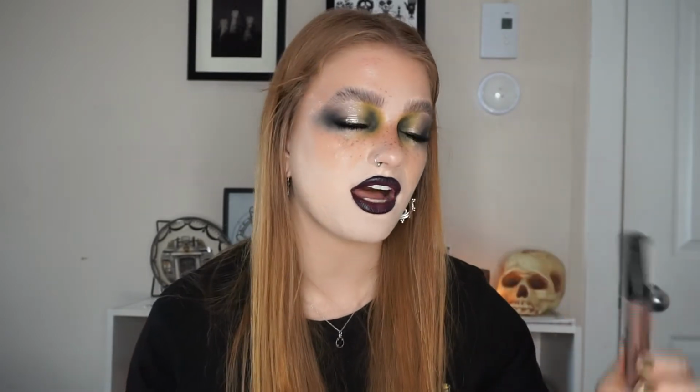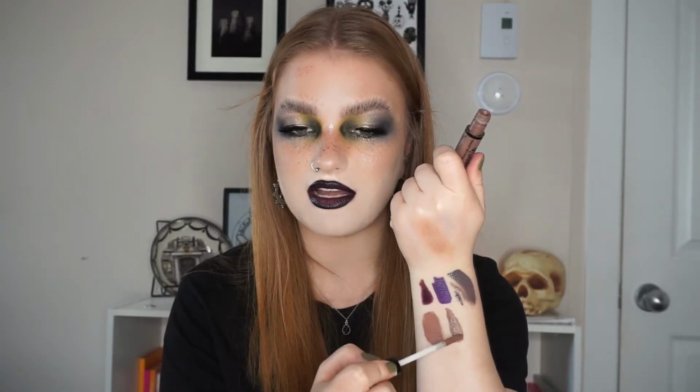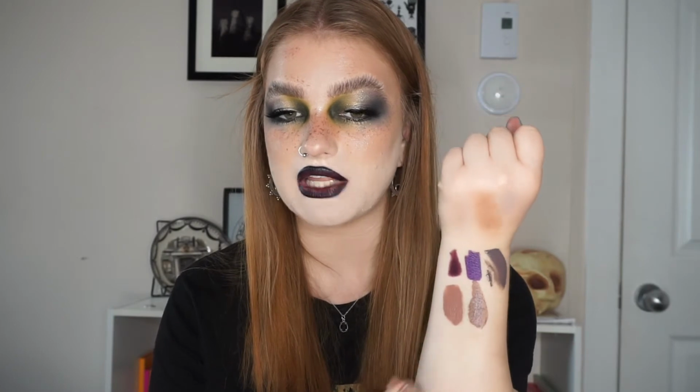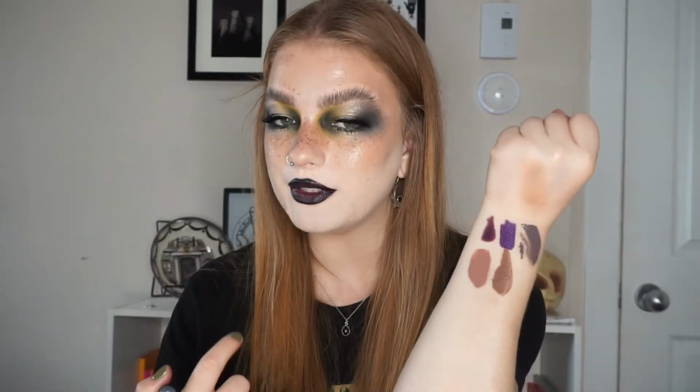I also, not my favorite liquid lipstick formula, but one of my favorite colors is the NYX Lingerie Lip in the shade Honeymoon. It's a cool tone brown with, again, almost a purpley undertone to it. It's fine, it's okay. It wouldn't be my top choice for a general liquid lipstick formula, but this is such a beautiful shade. Again, that feels perfect for this time of year, but it's a little bit more wearable, so I love that. I don't even know what I'm doing with my swatches,